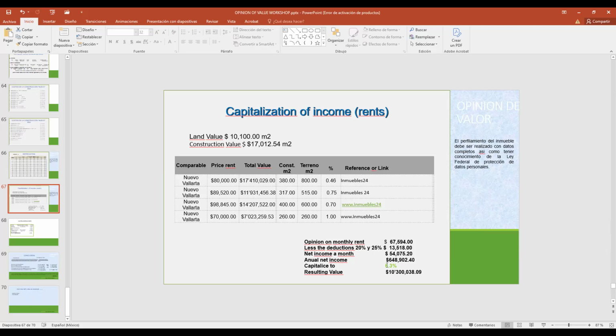The capitalization rate is 6.3%. Where did this come from? It comes from here. I'm just showing how it was. So the resulting value with the capitalization is 10,300,000 pesos.